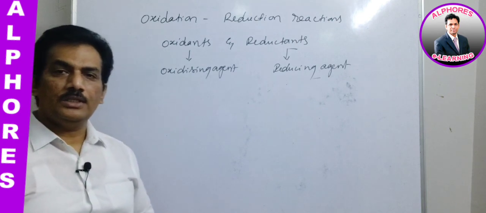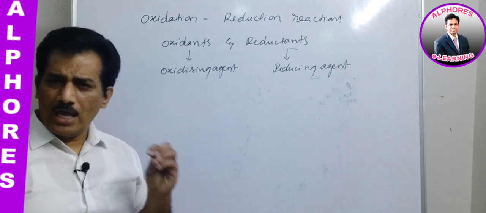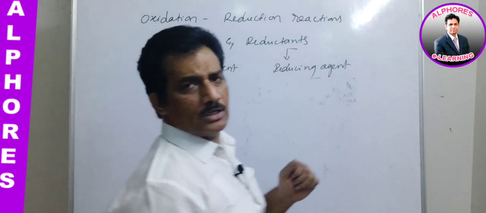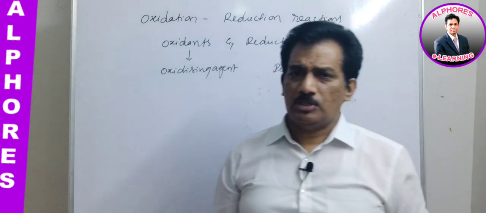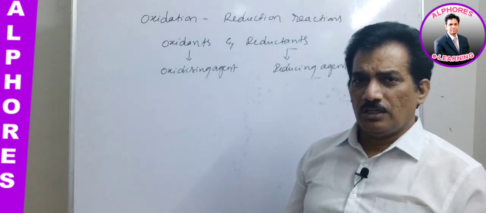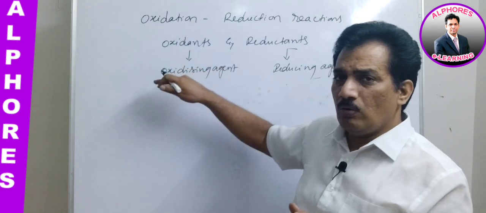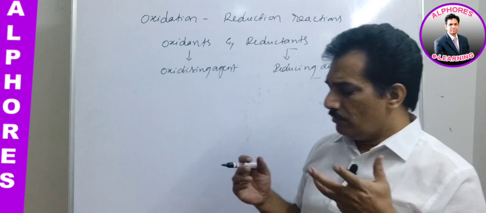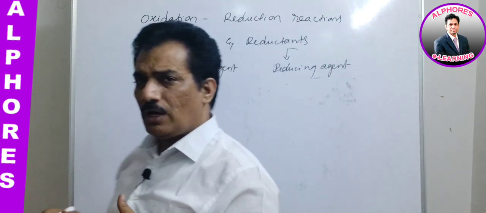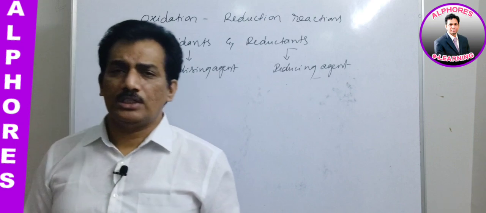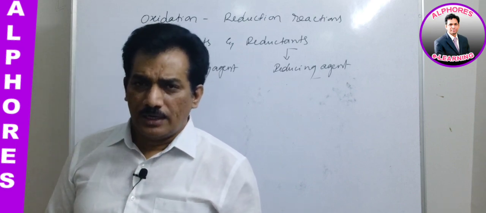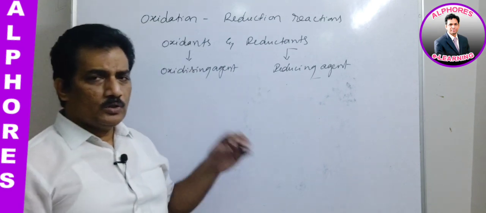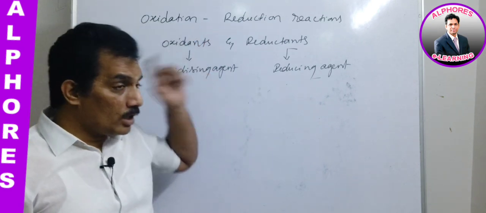Oxidizing agent, reducing agent. These are very important for chemistry, because in all three parts of chemistry, that is physical chemistry, organic chemistry, and inorganic chemistry, we should be thorough and familiar with oxidizing and reducing agents. Everywhere when a chemical reaction is happening, first of all we have to observe whether oxidation takes place in the reaction or whether reduction is taking place. Clear? For that purpose you should observe keenly and be thorough with this concept.